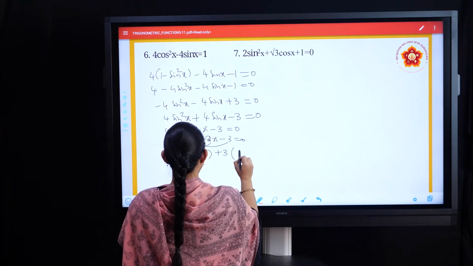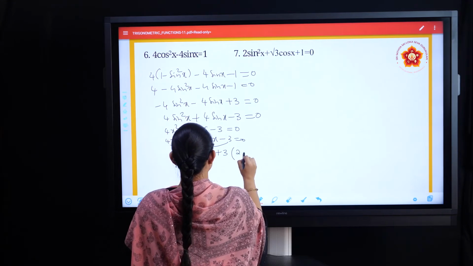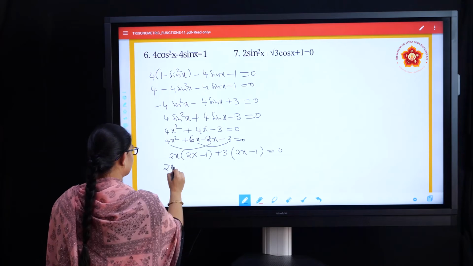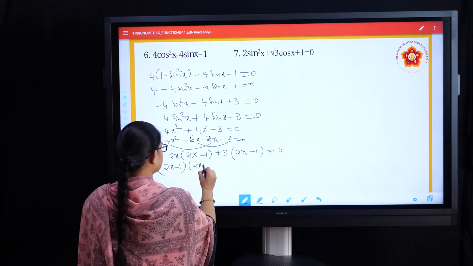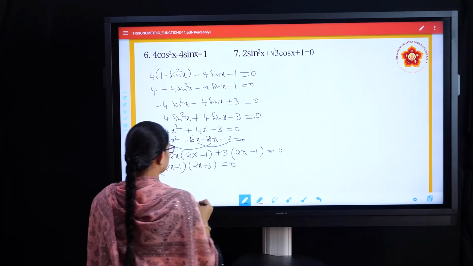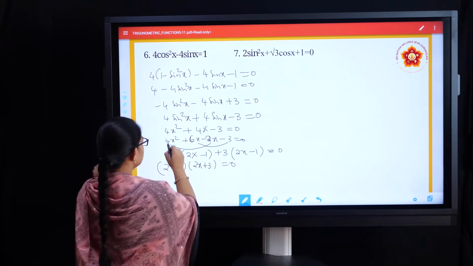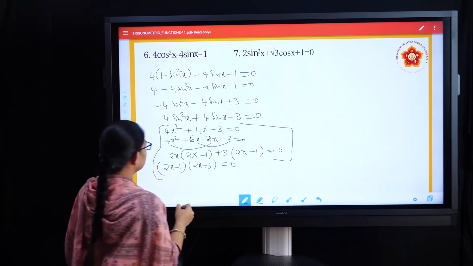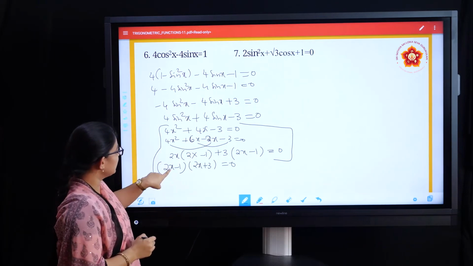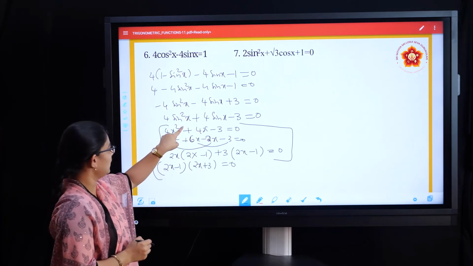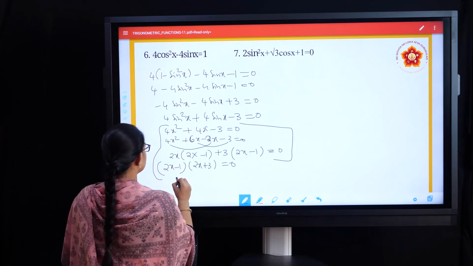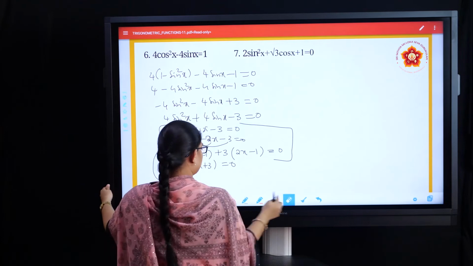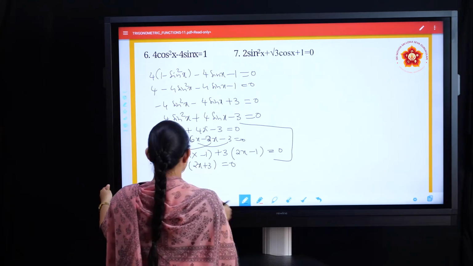So if I take 3, what is left? That is 2x minus 1, which is equal to 0. So (2x minus 1) into (2x plus 3) is equal to 0. But this is for our understanding. The same equation, I can substitute sin x in place of x. So this can be rewritten as